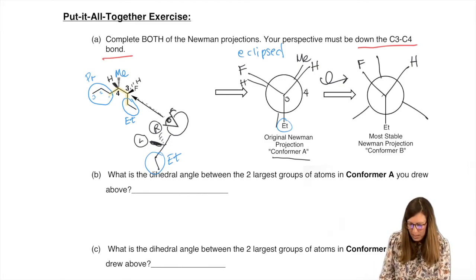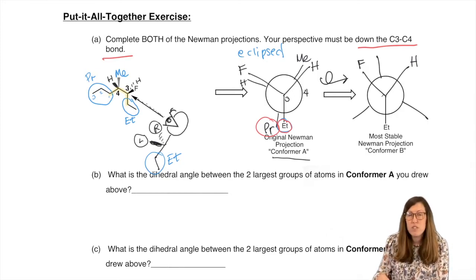And how are we going to get more stable? Remember, we want anti-periplanar or coplanar. So let's circle in red the biggest groups on each carbon. The front carbon, carbon 3, the biggest group is ethyl. And the back carbon, which I forgot to write down, so I'm glad I did it here, the biggest group is propyl. We want those opposite. So ethyl's forced to be at the bottom by design of this template, so propyl we're going to put here.